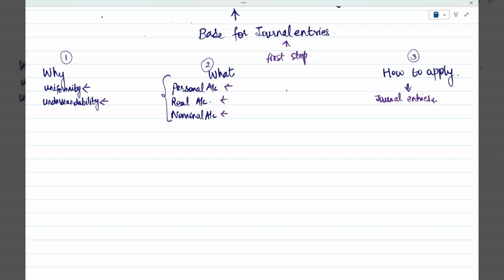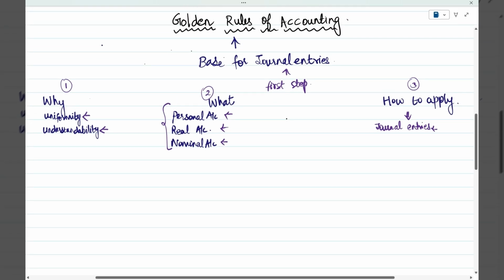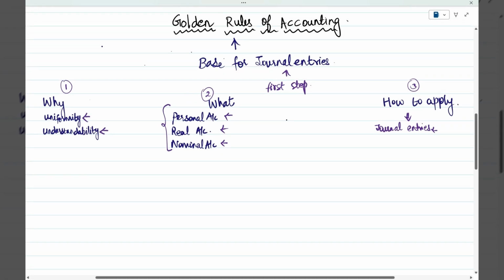For these two reasons, these golden rules or set standards are being followed, so that it makes things easier, right? Whenever there is a code of conduct, it is very easy to manage things. You always plan things ahead before you execute. Similarly, if you have a set code of how to do the process, it helps in easily preparing your financial statements, and also in comparing performance across other entities as well. So that is the reason why we have these golden rules of accounting.